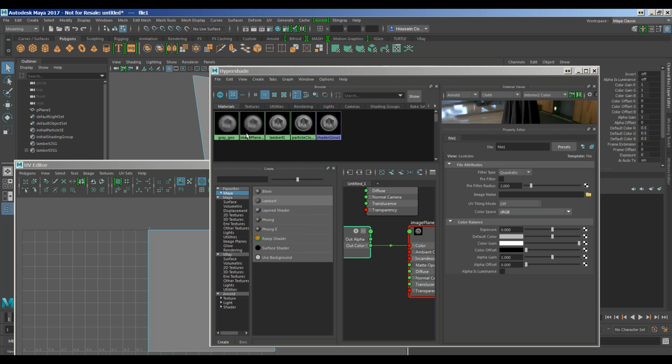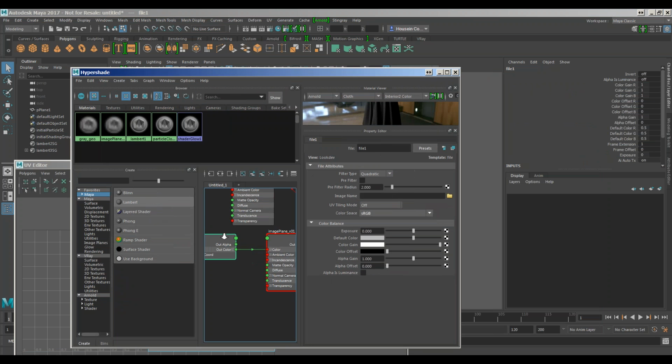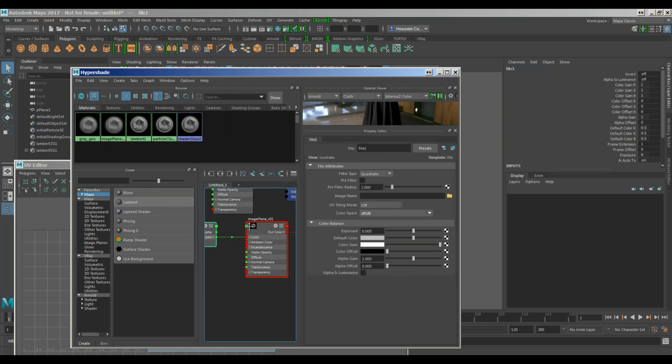What that file node does, and I'm going to zoom back out of here, is it creates a connection. It creates a 2D texture plane. It's expecting a file, and it's putting it into the color or the diffuse of that Lambert. So now